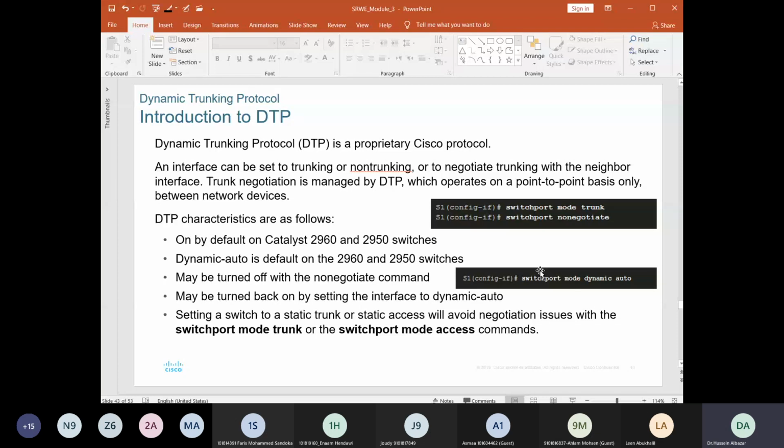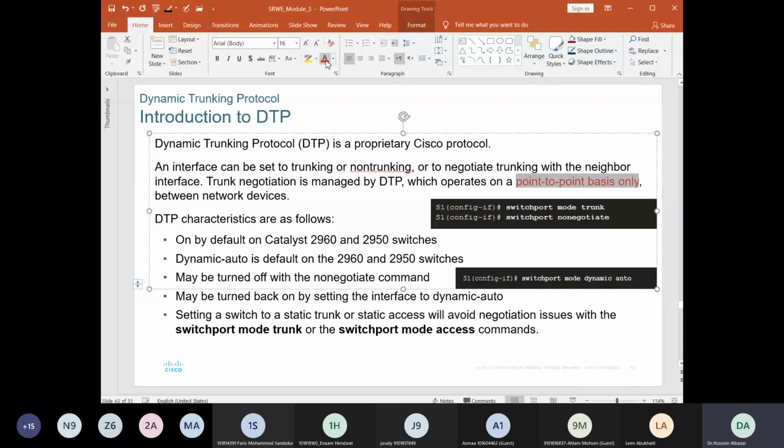Now, trunk negotiation is managed by DTP, which operates on a point-to-point basis only, so between a switch and another switch only,